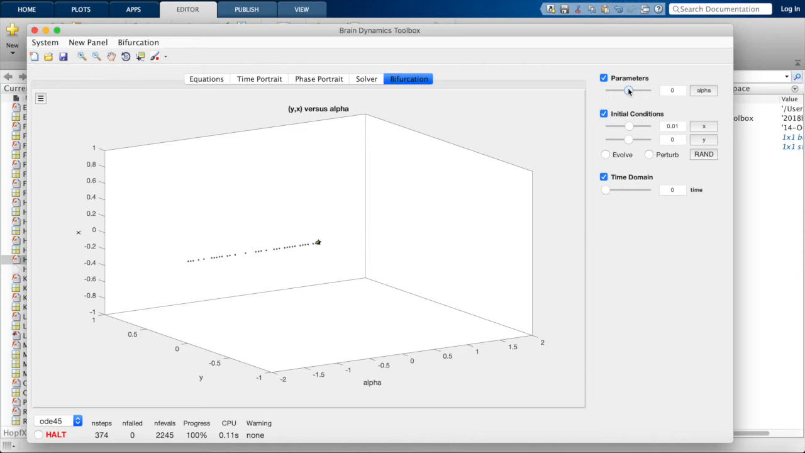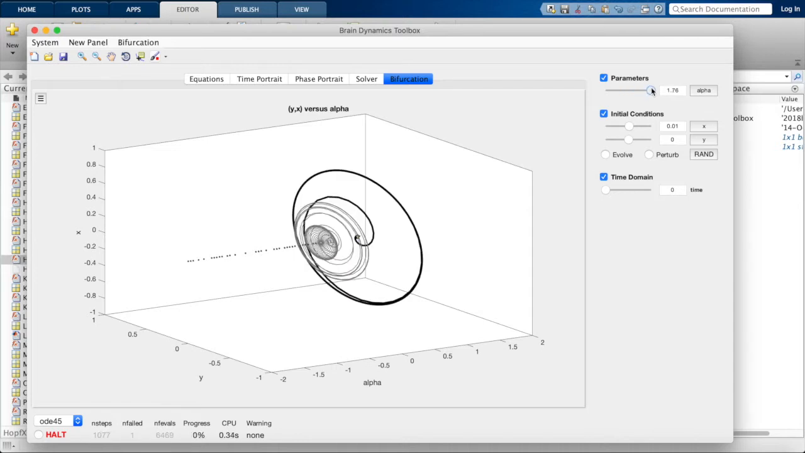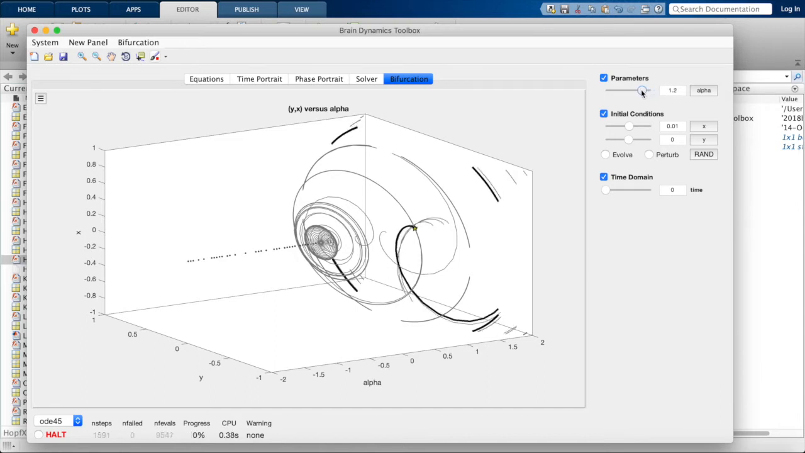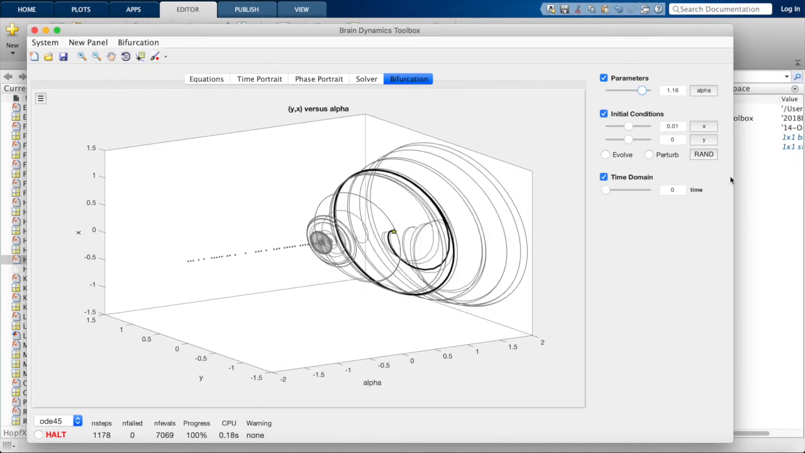This fixed point here is going to be the change and creation of a limit cycle. This is the birth of your limit cycle by changing this alpha, which, if I calibrate the axis, if I want to